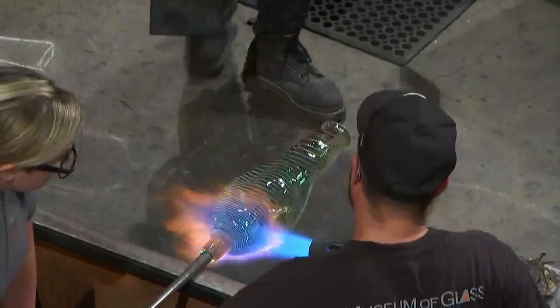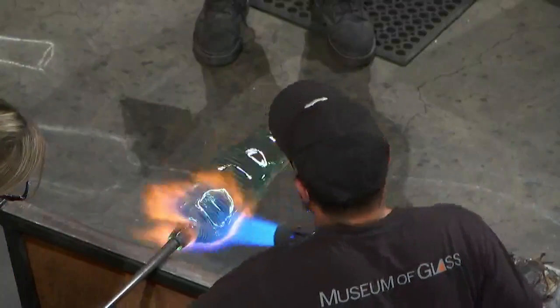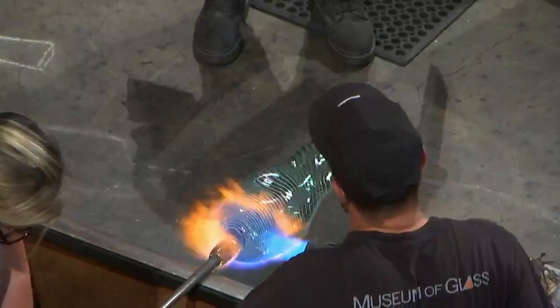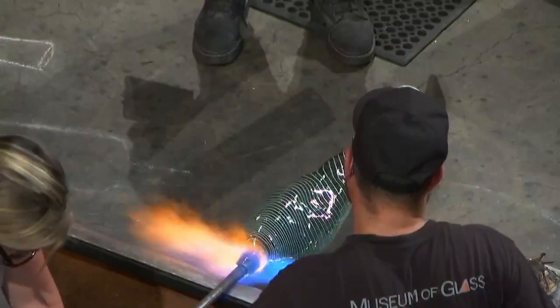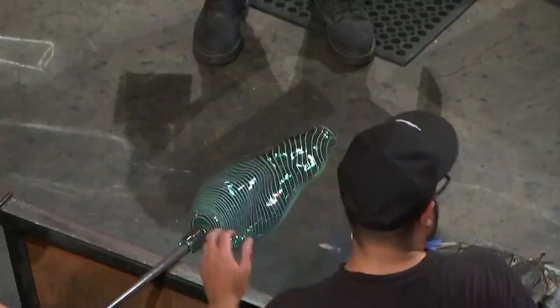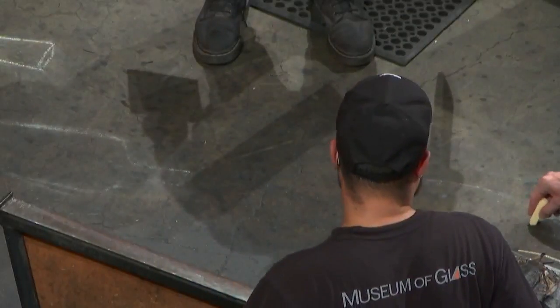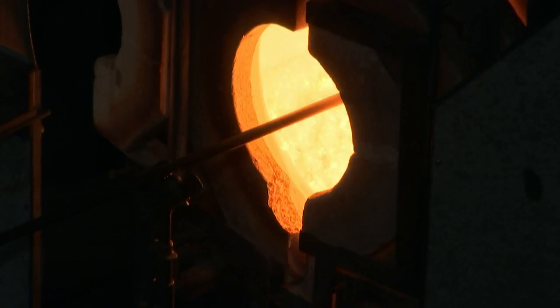And look at that. They make it look so easy, but what we just did was remove all the thick glass right off of our piece. I mean, we cut it straight off. Notice we're using this torch to heat up the very back area. The reason we're heating that area is because that is the area that absorbs the least amount of heat. When we're entering the glory hole, the tip of the glass is always the first thing to enter and the